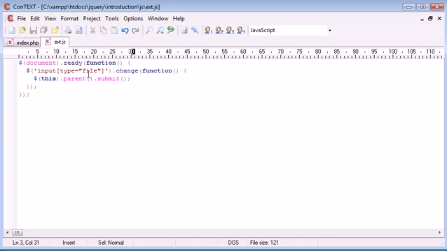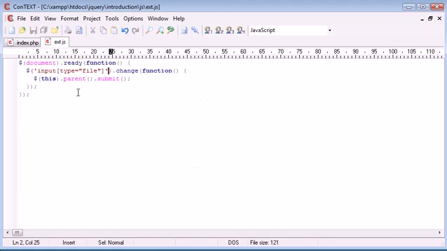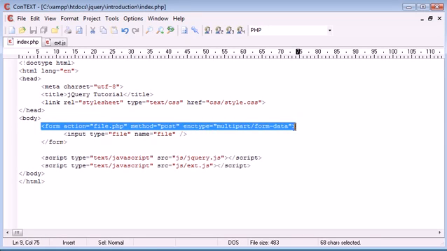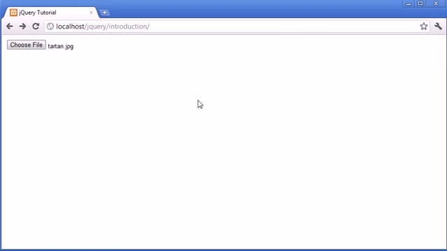So now what's going to happen is when any input field with the type file has changed, the form around it will always be its parent. So the parent here is going to be submitted, and that's going to be submitted to file.php. It will just submit this form as we usually would with a submit button. So let's go ahead and